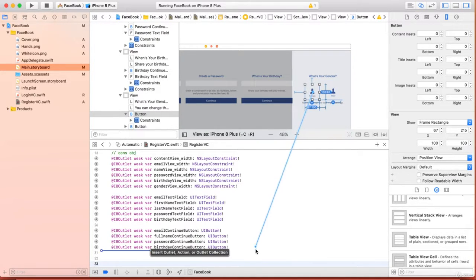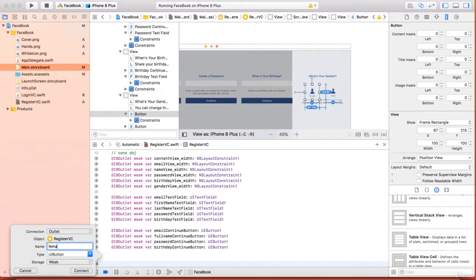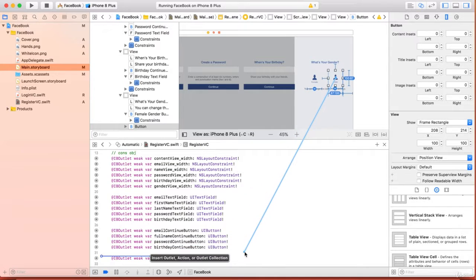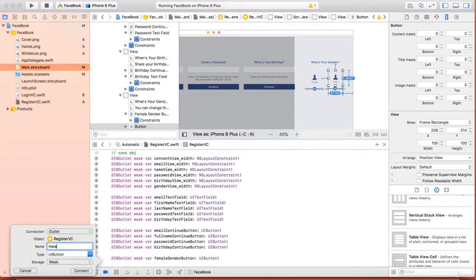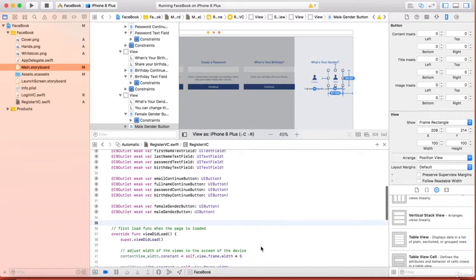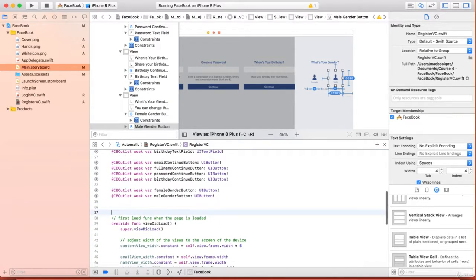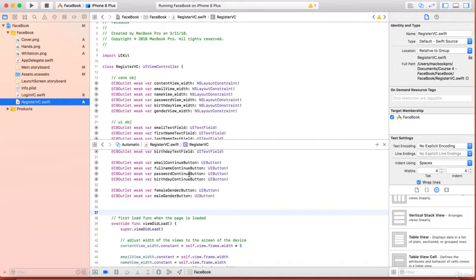Okay, let's make that one as well. Female gender button. Then we'll have a male gender button. Male gender button. Here we go. So these are all our user interface objects, while these ones are constraint objects. Okay, excellent. So we'll come back now to our register view controller